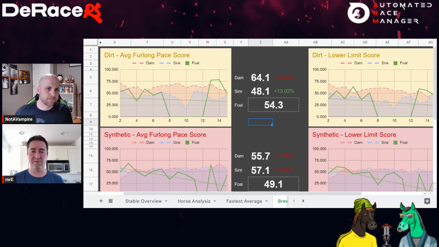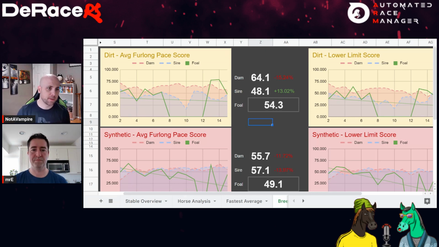So a lot of these horses have run a lot of 2 through 7, but not so much on the 8s through 15s on the dirt, which means that 13 and 14 score really hasn't pulled up the scoring for this particular foal. Now, in my personal opinion, when it comes to breeding, especially if you're breeding inside your club